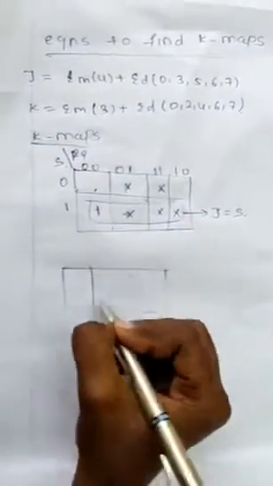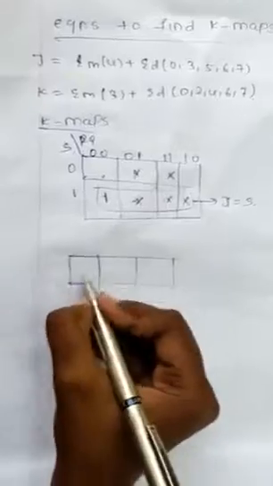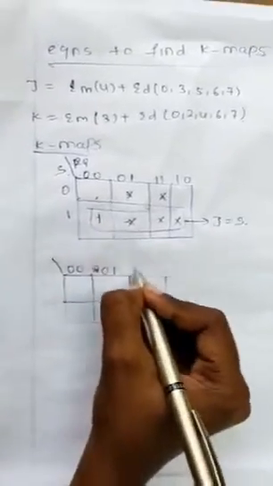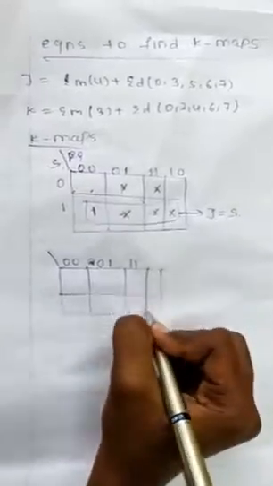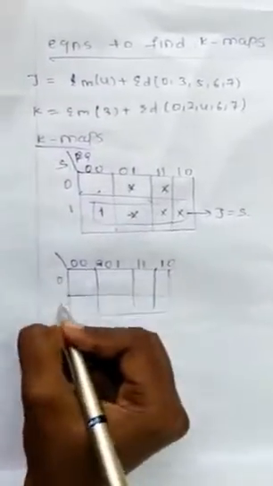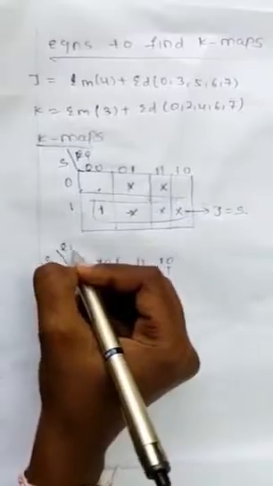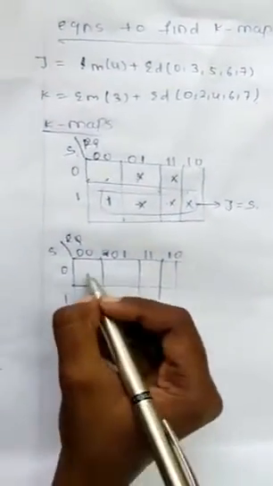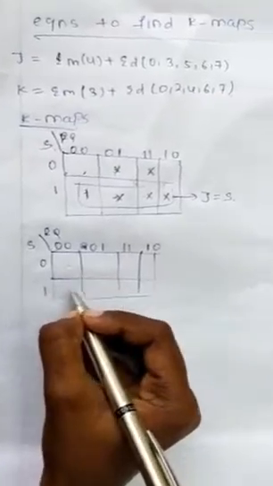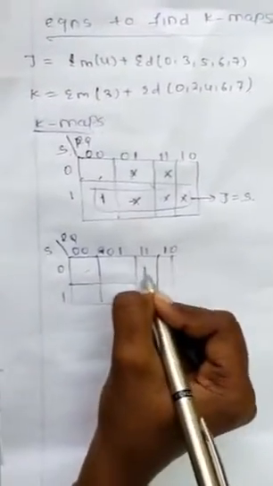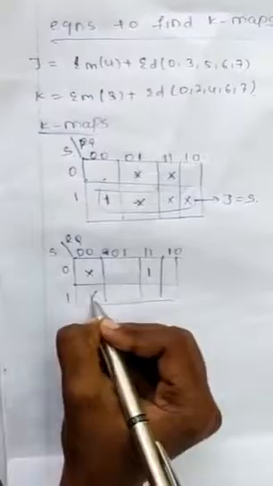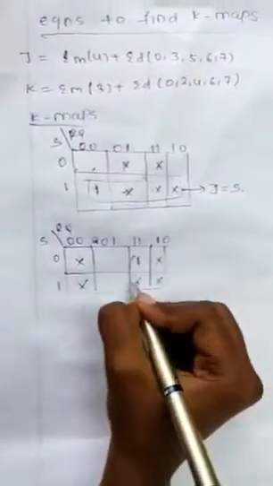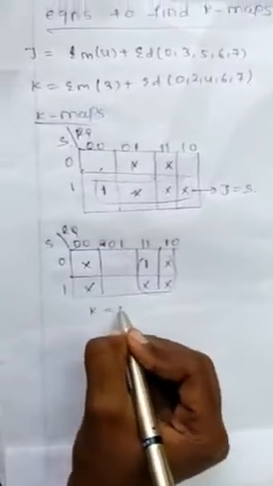Next you take another K map for K. Here also 0 0, 0 1, 1 1, 1 0, and 0 1 for S R Q. So here we will get third place 1. So this is the third place, this is the first place, this is the fourth place, this is the fifth place, this is the sixth place and this is the seventh place. This is the pair. So we will get K equals to R.